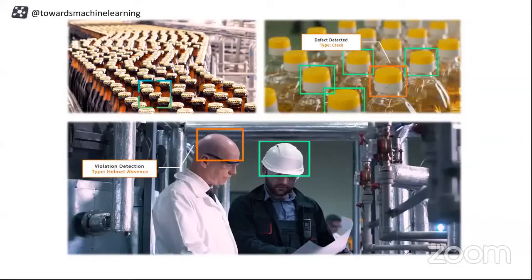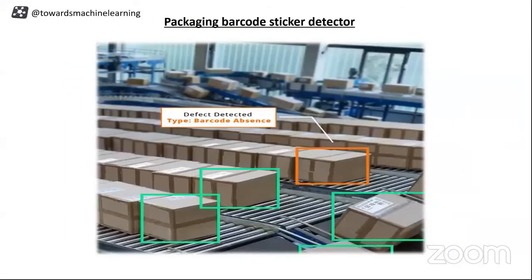The second one, you can see, is helmet detection. That can also be done, whether a person is wearing a helmet or not, whether he's wearing proper equipment or not. This is very useful in dangerous environments in big industries, right? And next thing you can see here, we can also detect the barcode. If some box does not have a barcode on it, it can detect that. So there are many other applications, and these are extensively used in today's industry.